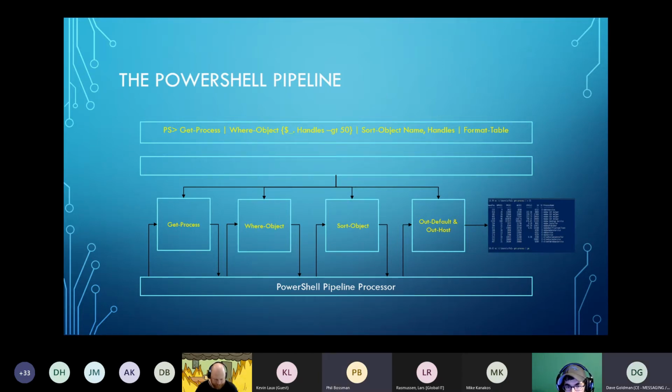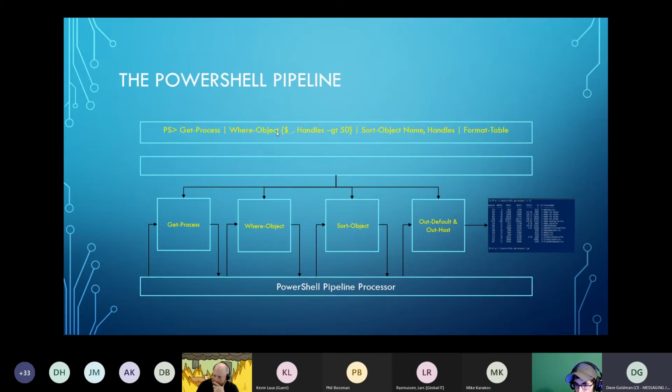Awesome. Yeah, and here you'll get to see that a little bit. So with objects in mind, in the example on the screen right here, we have a pipeline set up. I'm asking PowerShell to Get-Process. It is going to create a process object for me. That object is going to retain the data that was pulled back from the system, which would be the system processes. And we're going to send this along to the second pipe, where we're asking PowerShell to filter: where the object has handles that are greater than 50, filter all of those out.